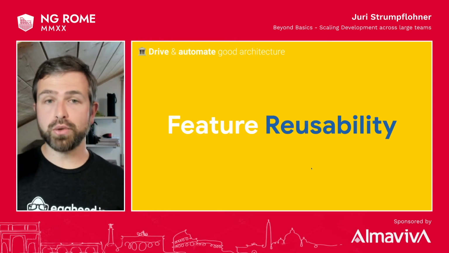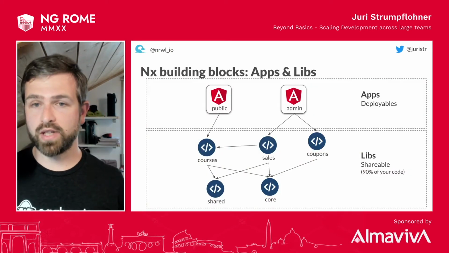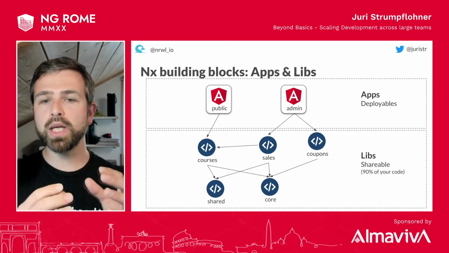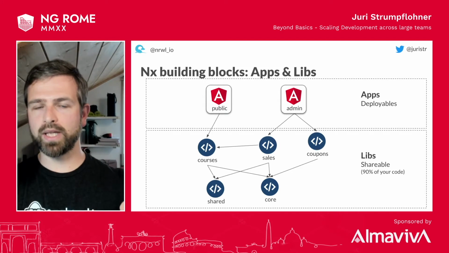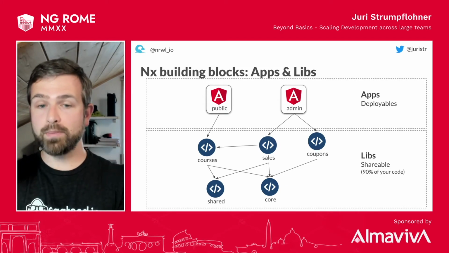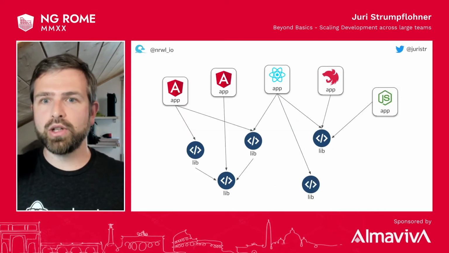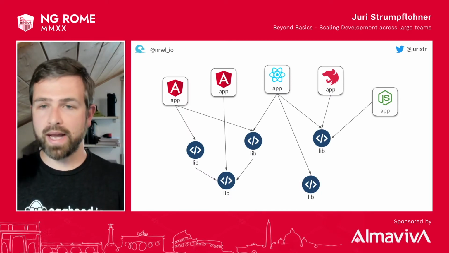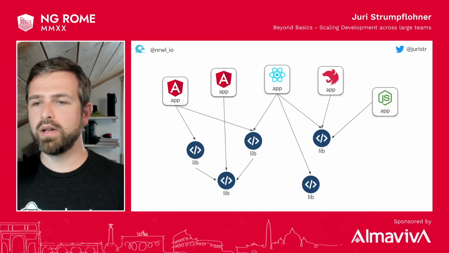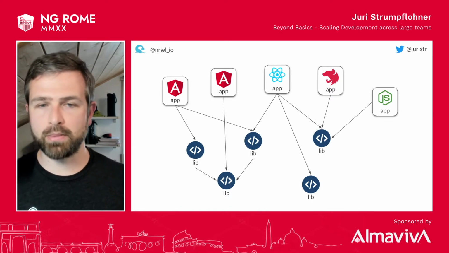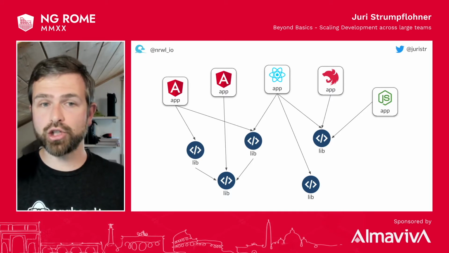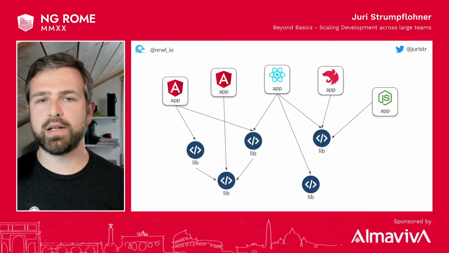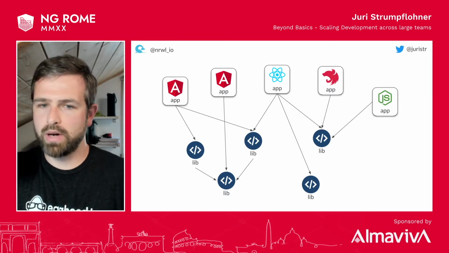Another part is then feature reusability. And that obviously makes a lot of sense, because you have already seen the structure about apps and libraries, and we even split them up into two applications. So in this case, we have just two apps which reference those libraries, but you could go a step further and have also a React application in there, or even backend applications, such as here a Nest.js app, or just a plain Node Express application. And they can obviously then share even libraries between the backend and the front end, or even between React and Angular. And this can then actually get really powerful.